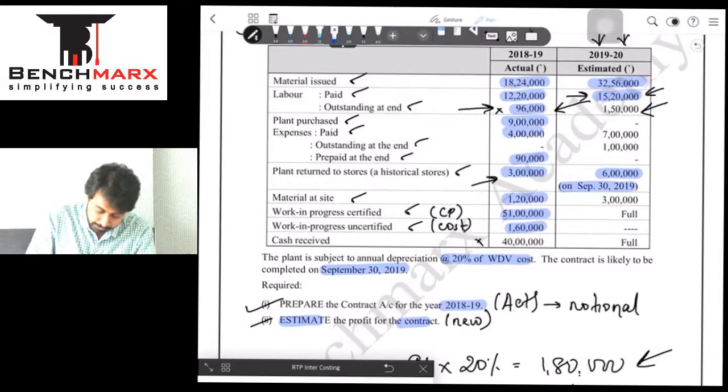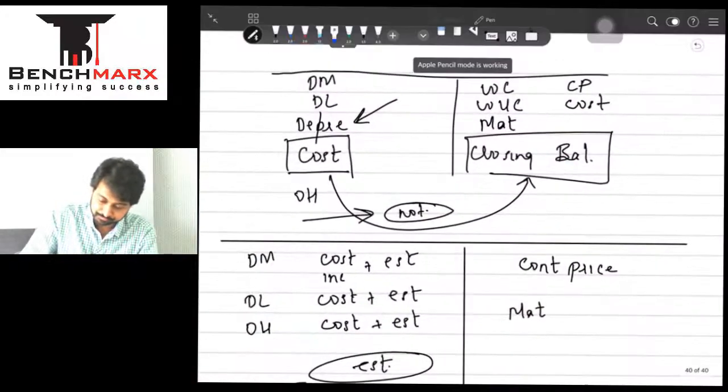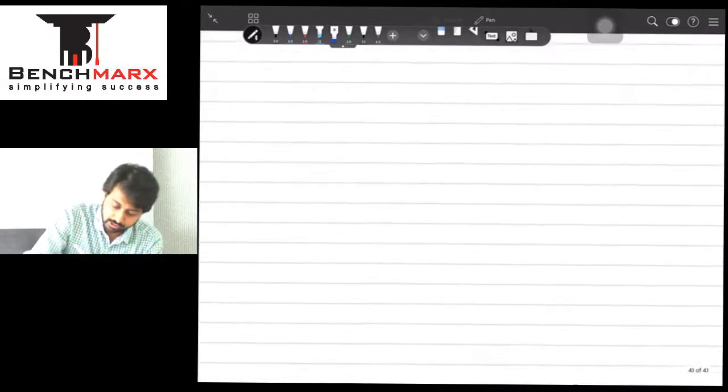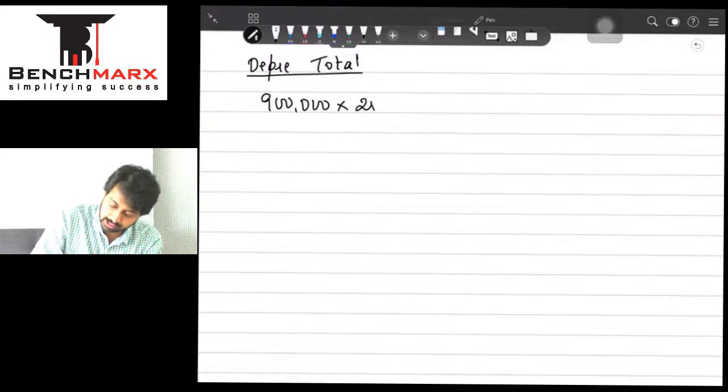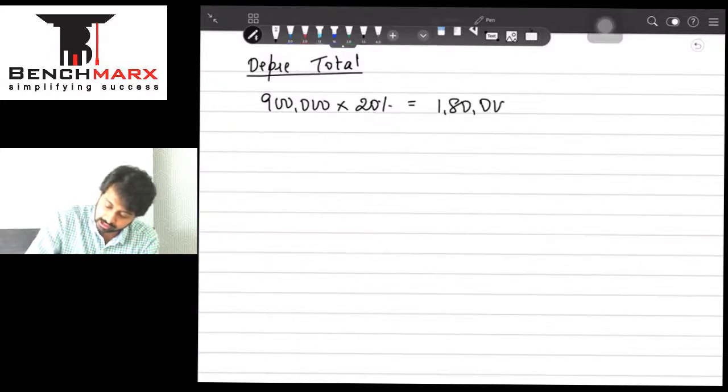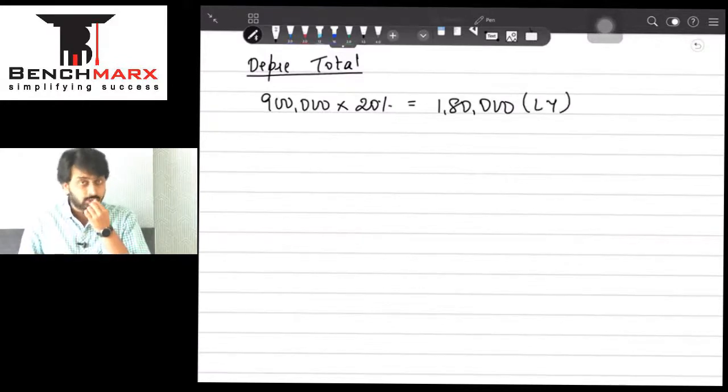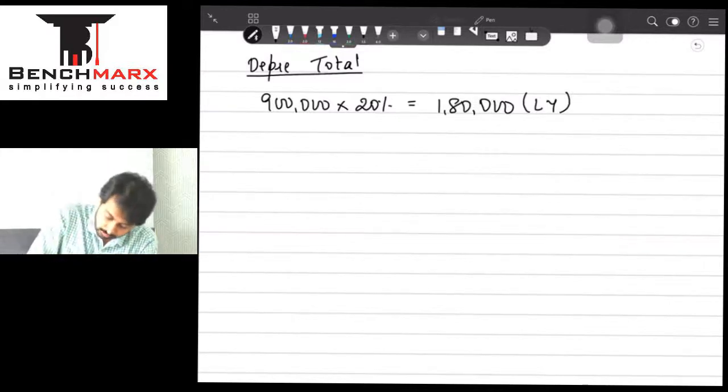Now इसका depreciation हम find कैसे करेंगे, interesting. First of all, I am finding the depreciation of the total contract, right, बराबर. ठीक है, so first of all 9 lakhs into 20%, that is 1,80,000. This depreciation is definitely in the last year, बराबर. Now 9 lakhs में से 3 lakhs has been returned on the last day of the previous year, which means